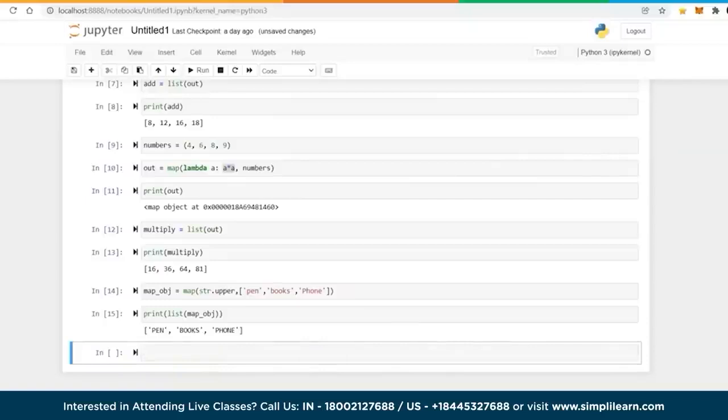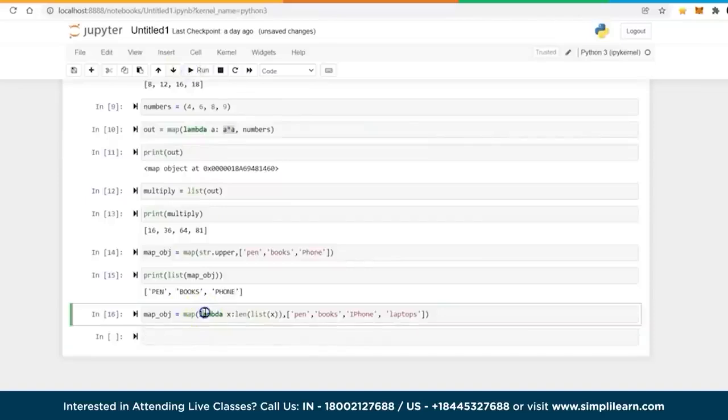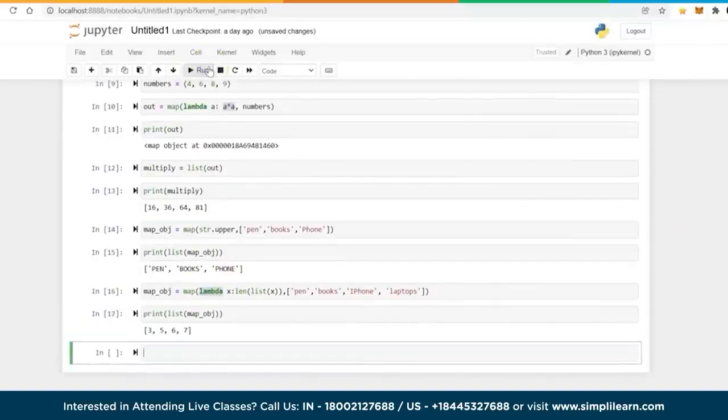Let's take another example where we are going to print the length of each of the strings in my list, and I'm using a lambda function. And here it is. Now you can see the length of each and every string variable in my list: 3, 5, 6, and 7. These were the examples of the map function. Now we will talk about